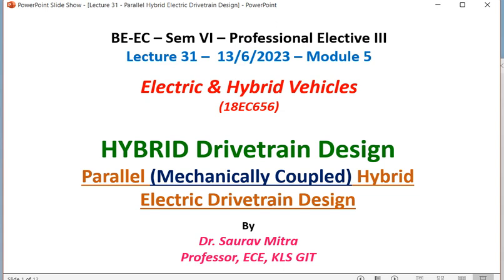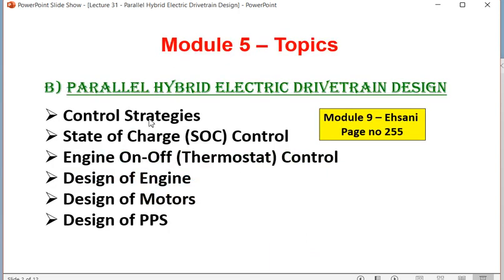This is lecture number 31 in Electric and Hybrid Vehicles, professional elective number 3. We're in the last module, module number 5, and we have completed series hybrid drivetrain design. Today we are going to see the parallel hybrid electric drivetrain design, which is also called a mechanically coupled drivetrain. It can be found in the textbook of Ehsani in module 9,